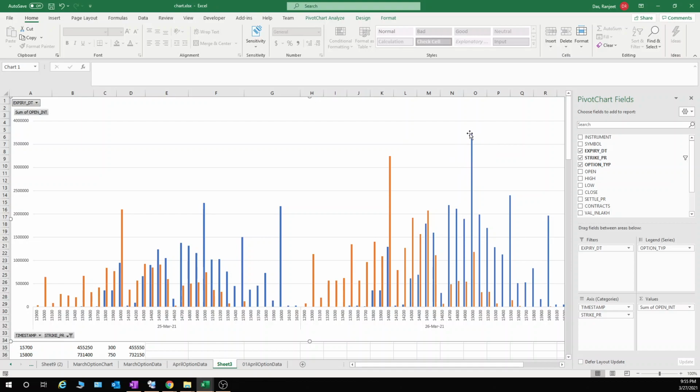Okay, safe zone, and it is for the call writer, it will give you the good premium. Okay, so they have written a lot of options over here, so they will easily get the premium. After that, if it is going over here, then 14,600, then they will write 14,900. Okay, this is very safe, so that's why they have written.